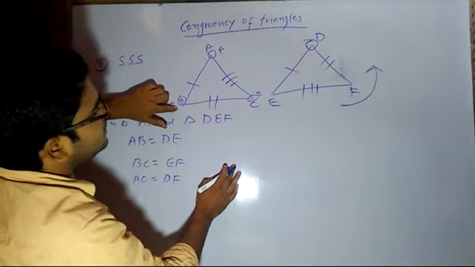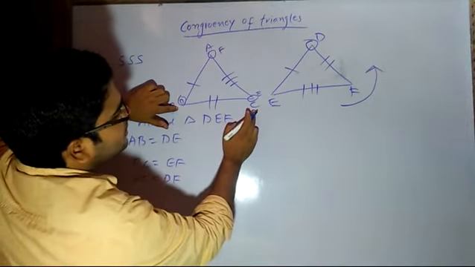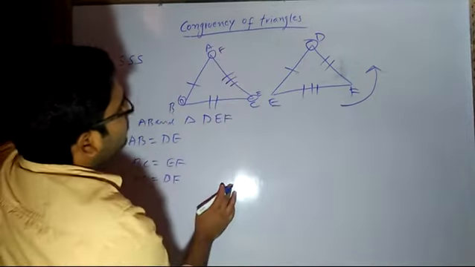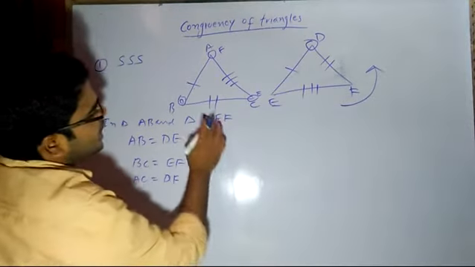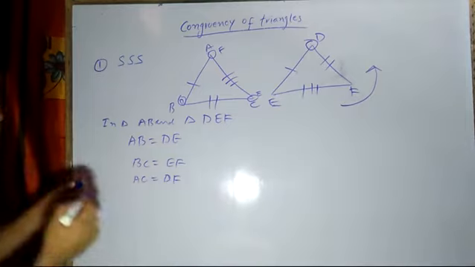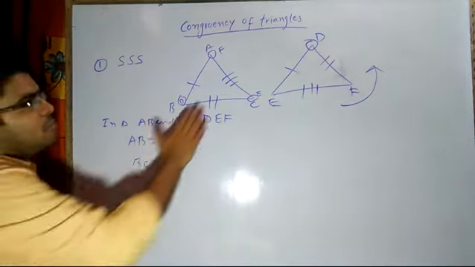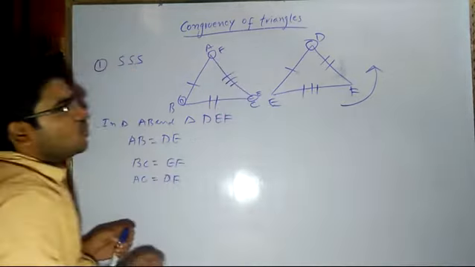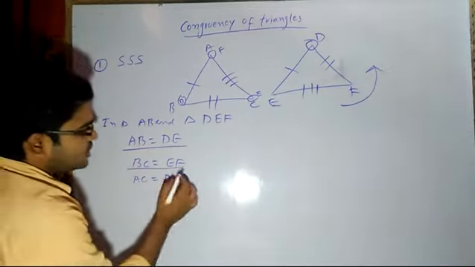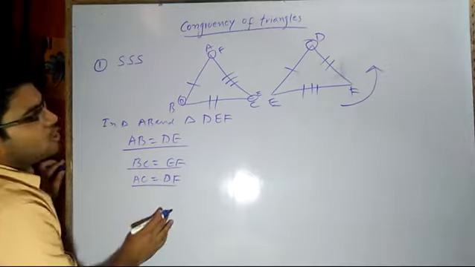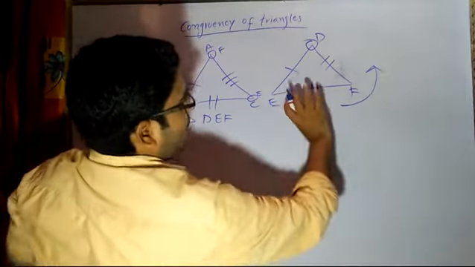I will get D here. So here I will have E, here I will have F. So D and E, where are my D and E? D and E will be here. So will we be able to overlap these two? It will not be possible, right? AB is equal to DE, BC is equal to EF, and this is also equal to F. In this way we cannot overlap.